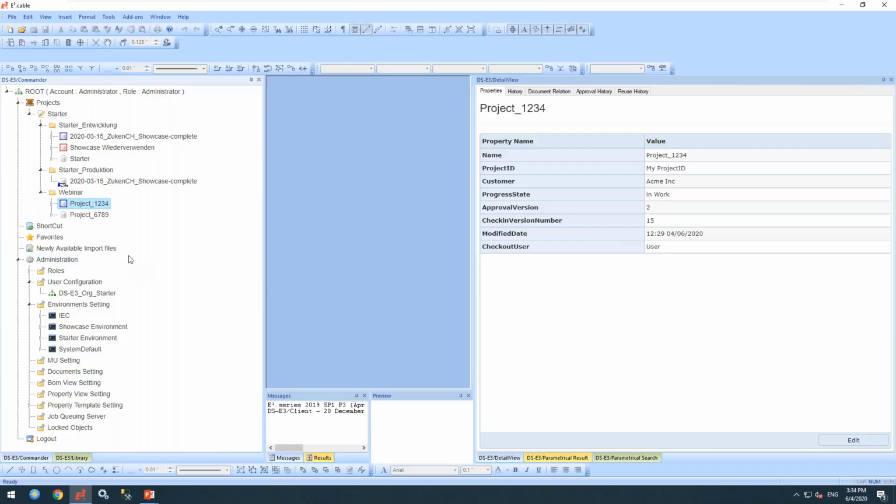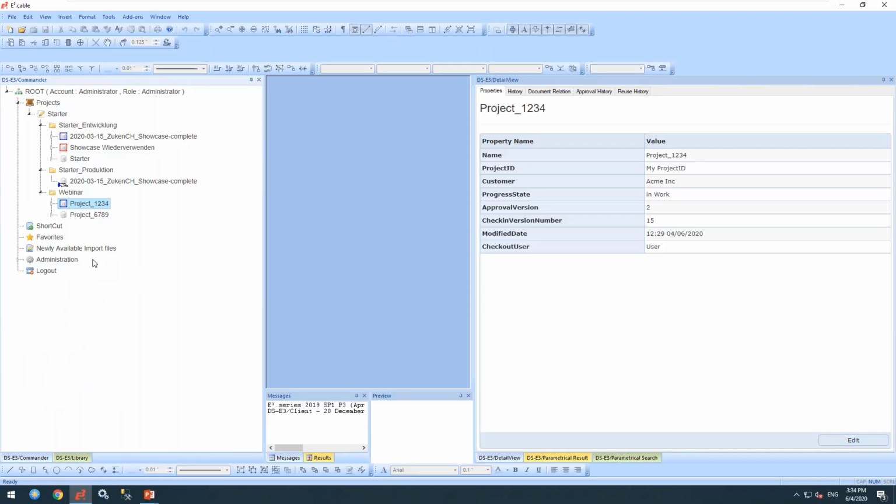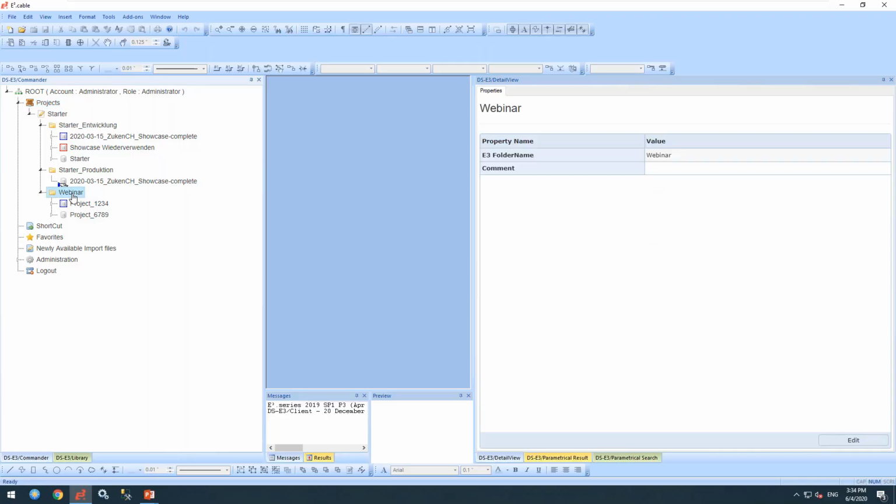Okay, so what I want to do now is show you how we can create a project and how we can work with that project. Within the project structure, we can create project groups and folders in which we can organize our projects. If I want to create a project, I just highlight the folder that I'm interested in working within, and I